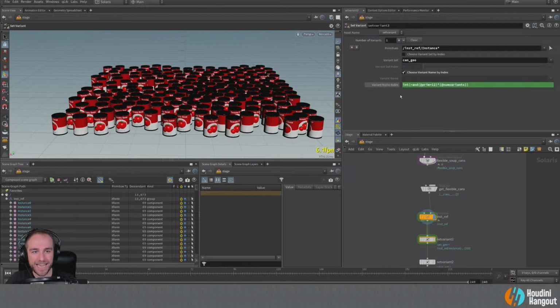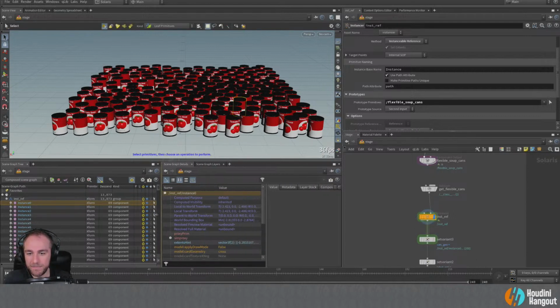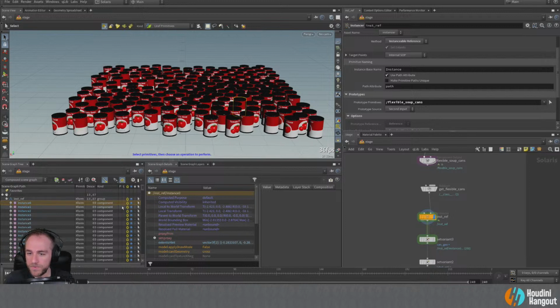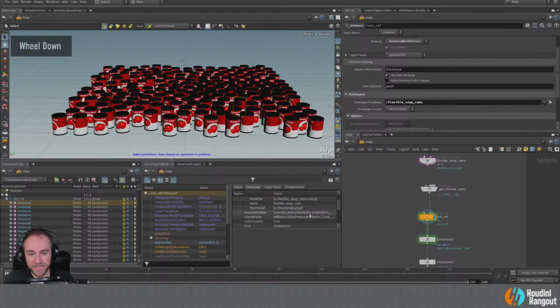So here we're actually going to set a little expression, and what we can do is choose the variant by index. Because there are 3 variants on each of these, we can go to the instanceable reference here and examine this so we can see where our variants are. If we go to instance 0 and look at our metadata, there's a lot of stuff in here. It even tells you some really cool things, like where the thumbnails are and the name of them. But if we scroll down, we'll see that there are 3 different variant sets, and we're looking at can geo. So there's 1, 2, 3, 4 in this,